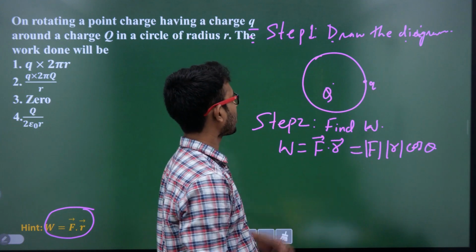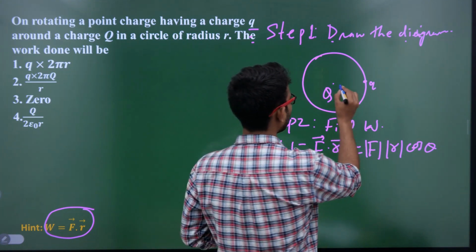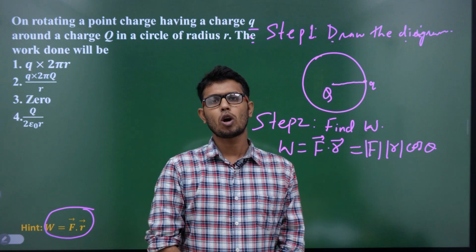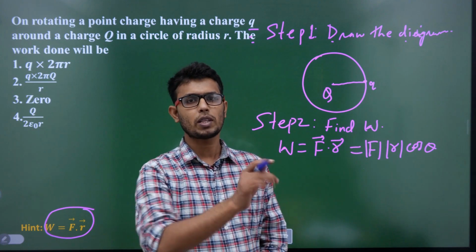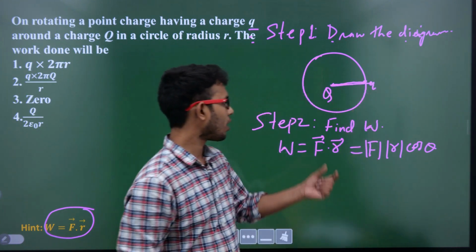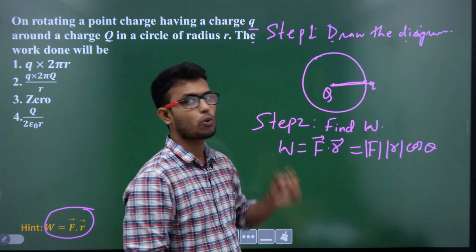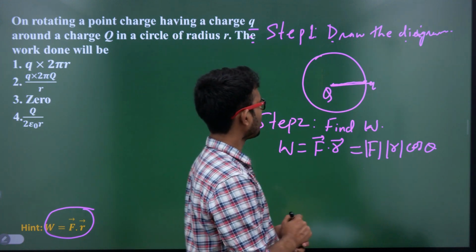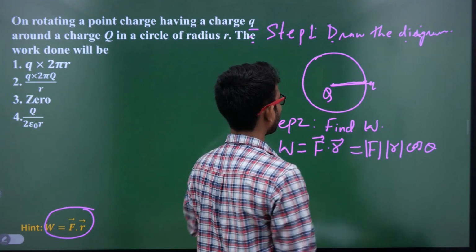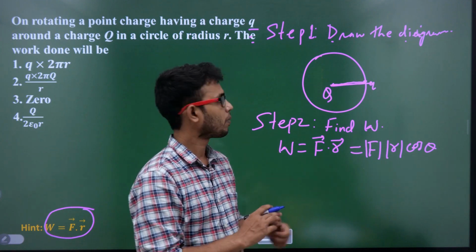Now, as the direction of force between the charges is in radial direction, because the force between the charges is electrostatic force, and the electrostatic force is always in the direction of the line joining the charges, that is in this direction. So the direction of force is either radially outward or radially inward. In this case, the direction of force is radially inward, because the radially inward direction will be necessary here for rotating the charge small q, which provides the centripetal force in this case.